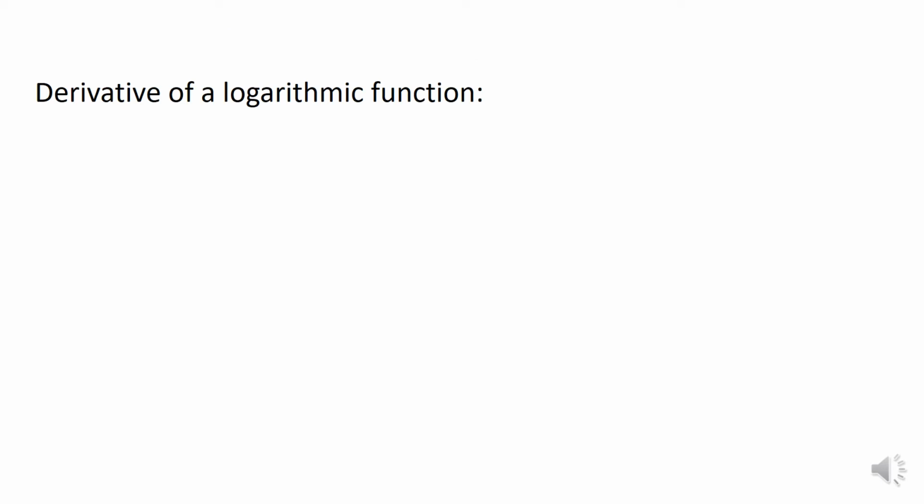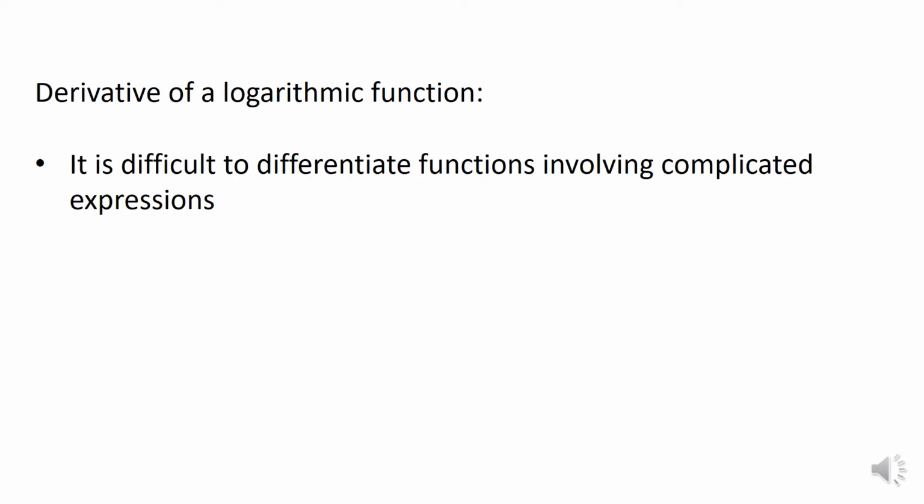Now under what situation are we going to find the derivative of a logarithmic function? Some functions are quite difficult because they have complicated expressions. Take this example: y is equal to (6x plus 5) raised to 2 upon (3x square minus 1) into root of (8 plus 2x). It looks complicated, doesn't it? We can solve it using the u upon v rule and then the chain rule as well, but it becomes a bit complicated even then.